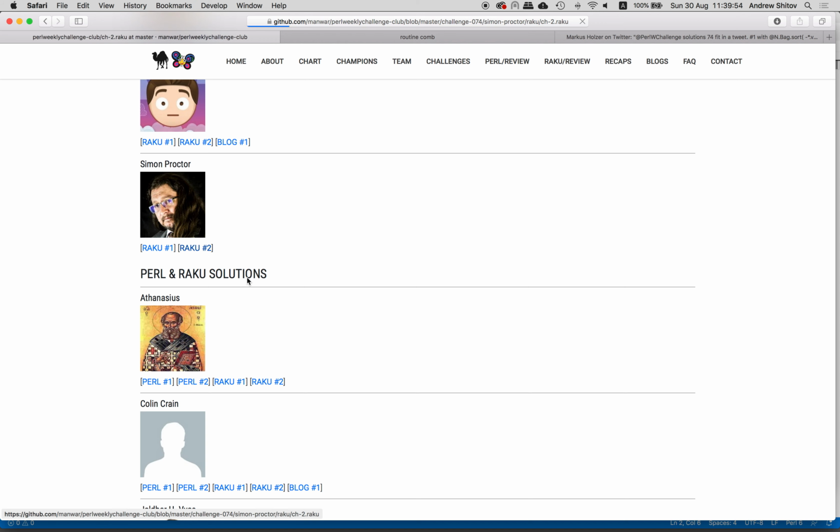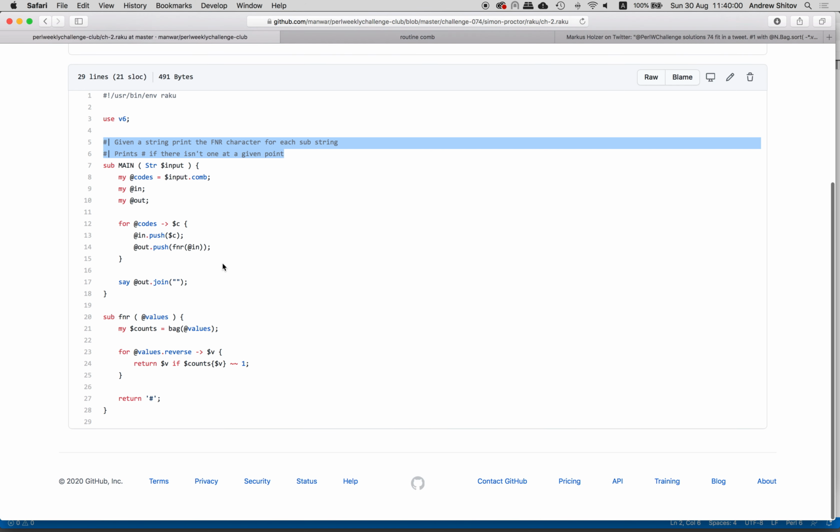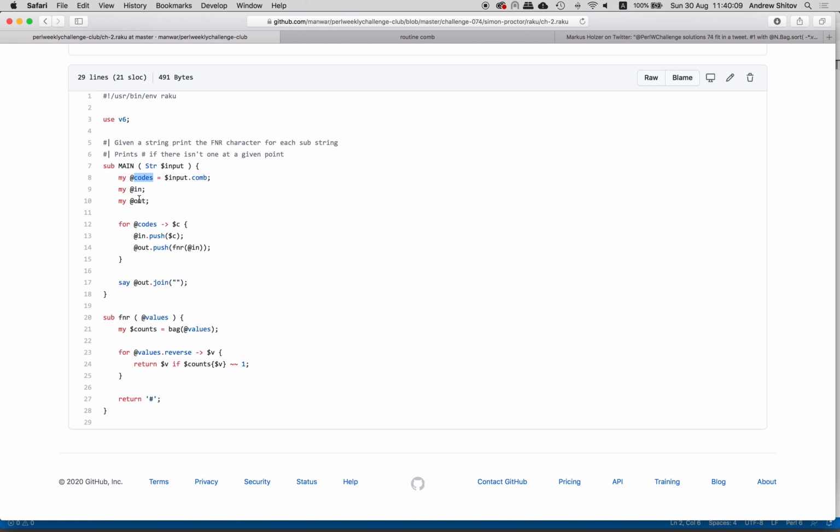Right, going to Simon Proctor, Raku number 2. There is some text to show if you are not using the program properly. It takes the string and splits it into characters, actually the codes, in out. For all those codes, we push everything to in. Why do we need this separate in? Yeah, because we are using it here. So this in again contains increasing substrings, and the out is the result which we are then printing by using this join. Actually, I believe this is not needed, right? The default behavior of join is